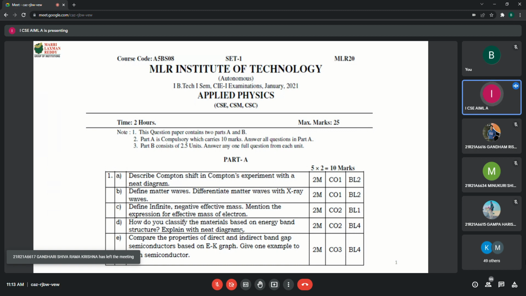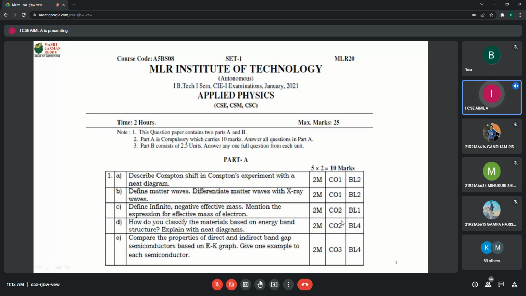That carries 2 marks. For all diagrams, 1 mark, and for all properties, one more mark. So overall 2 marks. If it was given for 5 marks, they would distribute it in half like that: for diagrams, 2.5, for properties, 2.5. So 2 marks, 1; 5 marks, 2.5, like that. So in set one, 1C and 1D are from unit 2.